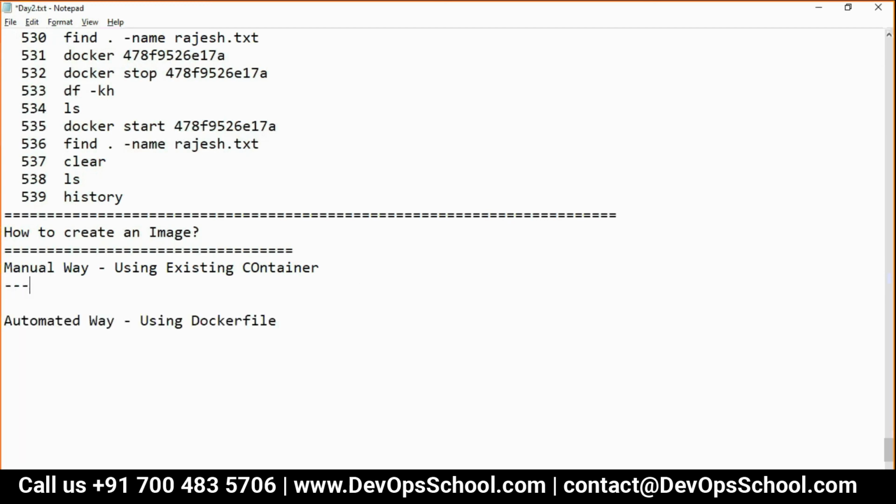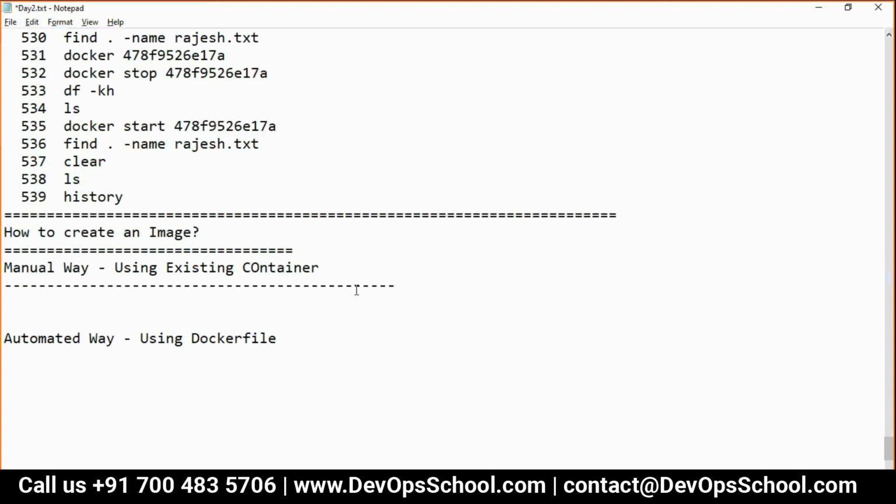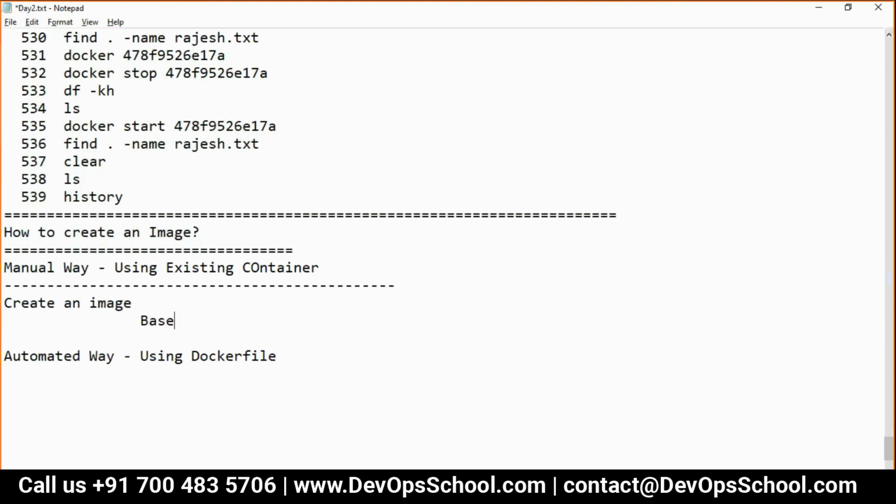So what is the manual way? My manager asked me, Rajesh, do one thing. Create an image. Base Ubuntu, it can be anything also.